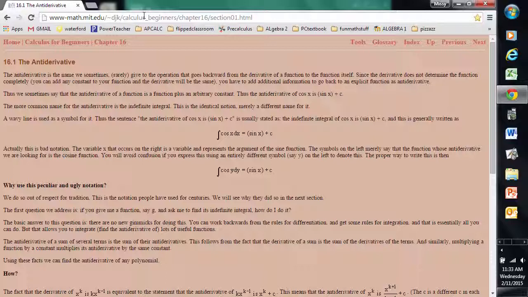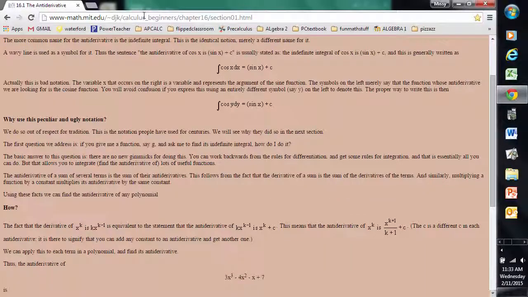the derivative will be the same, you have to do something later with the explicit function, but we'll worry about that later. Usually, we talk about an integral when we're talking about the antiderivative. And the definition of an integral is the area under a curve, which is the whole point of finding an antiderivative. But before we can get into any of these integrals, you have to practice taking some